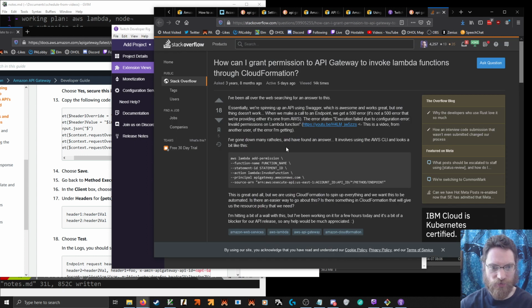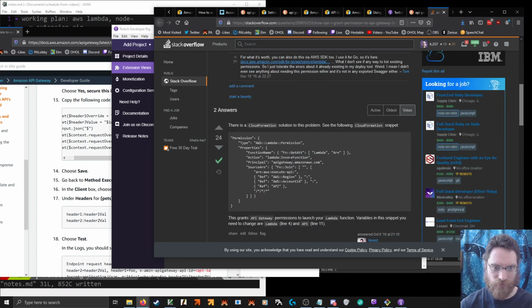Or through the CLI. There's a CloudFormation snippet.